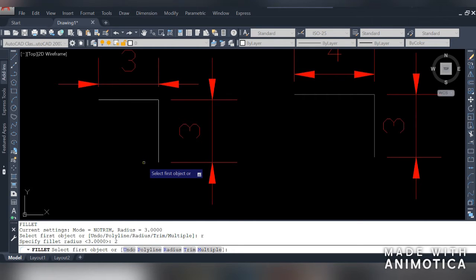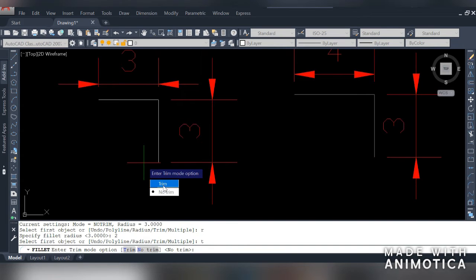Now before selecting the objects, to choose trim, press T, then press enter. Now you can see here is two options available. One is trim and the another one is no trim. So if you want to choose trim with fillet, then choose trim, otherwise choose no trim. Let's go with trim, press T and then press enter.